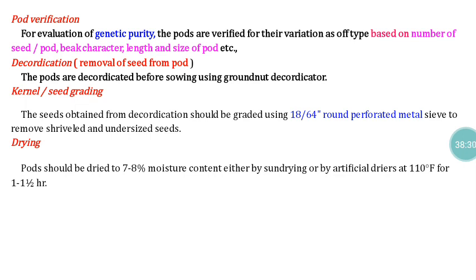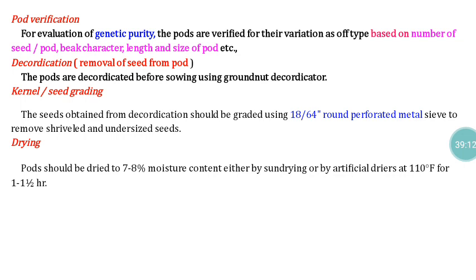This is a very important operation as far as groundnut is concerned, because for the roguing operations, we can do roguing only based on the leaf and flower, but we cannot see the pod, because the pod is going to be within the soil. Whereas in the rest of the crops, the seed material is available on the outside, so based on seed color, shape and all those things, we can do roguing in the field itself. But in the case of groundnut, that is a problem, because the pod remains within the soil. After harvest only we will see the pod. So to ensure the genetic purity of your seed material, the pod should be subjected to verification.